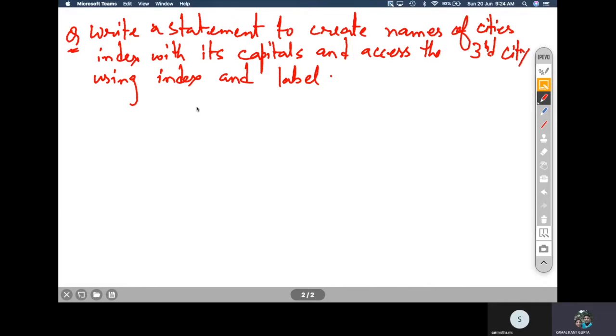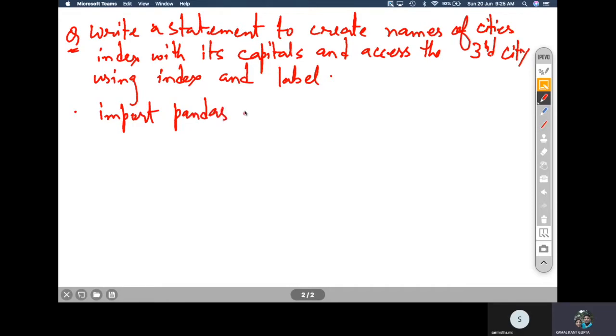So let us continue as you have done. You have just written import pandas as pd.